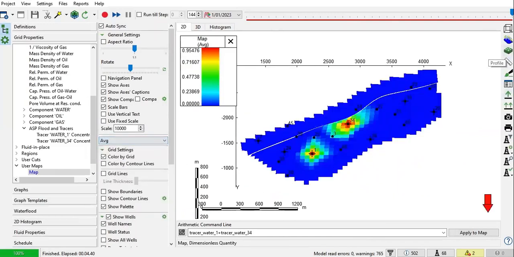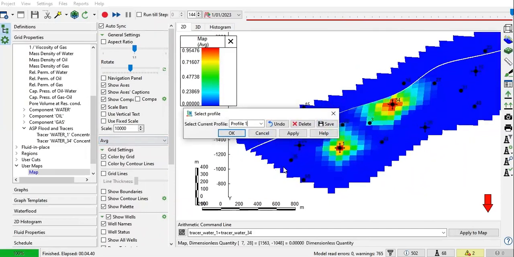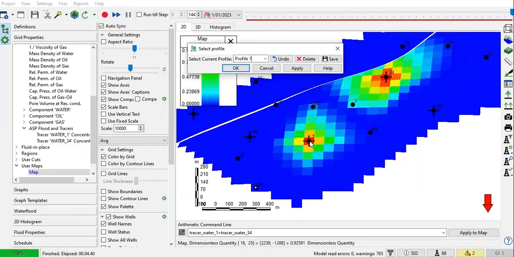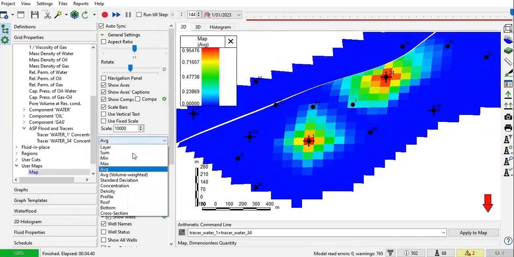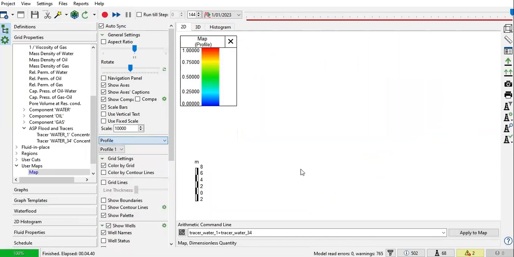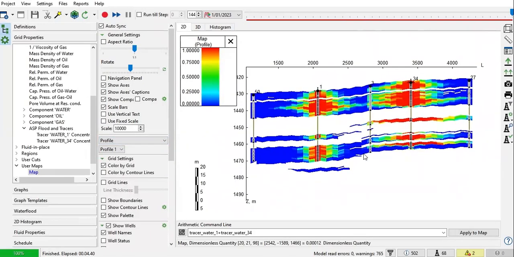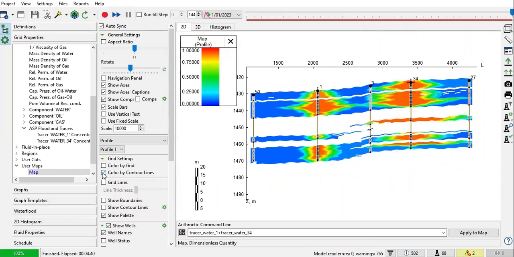Now we create profile instead of cross section. Now profile, I want to start from again well 50, and then connect it to well 1, well 3, well 34, and lastly well 27. Click on apply, close, and then go to here, profile. Actually, almost the same with cross section, but now you can create color by contour line,